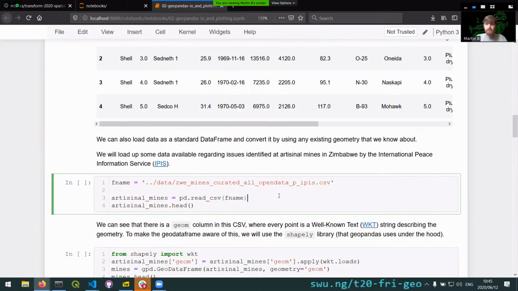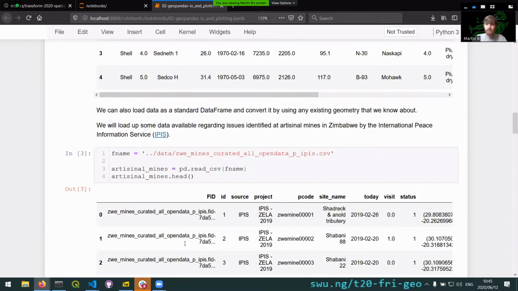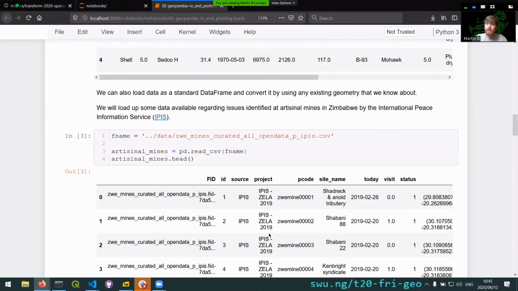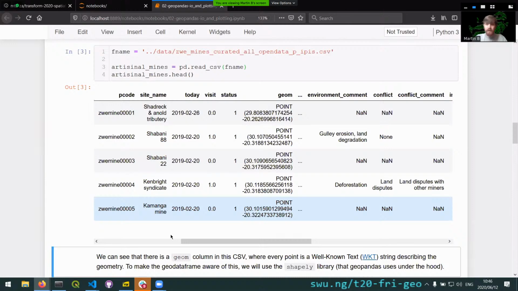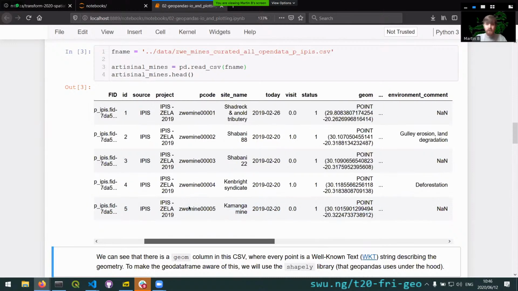So I'm going to load this, from the International Peace Information Service. It's artisanal mines in Zimbabwe, and they went and looked at issues that people may have there. And you can see that we've got these 42 columns. There is a geom column, okay, and we can use this, but it's not the actual geometry column, because if we try and plot